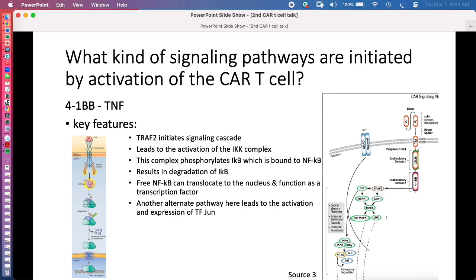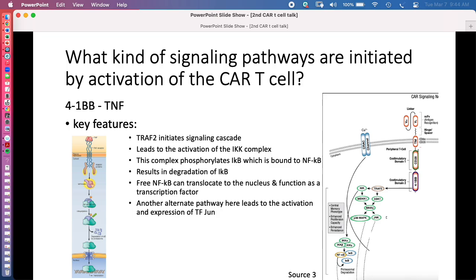This is kind of messy. Don't get overwhelmed. The important part here is it's actually very similar. This is very blurry, which I didn't realize it was going to be, but this is also from your textbook. This is the 4-1BB domain. It's the tumor necrosis factor receptor family. A big thing that this family's signaling cascade is shown to do is